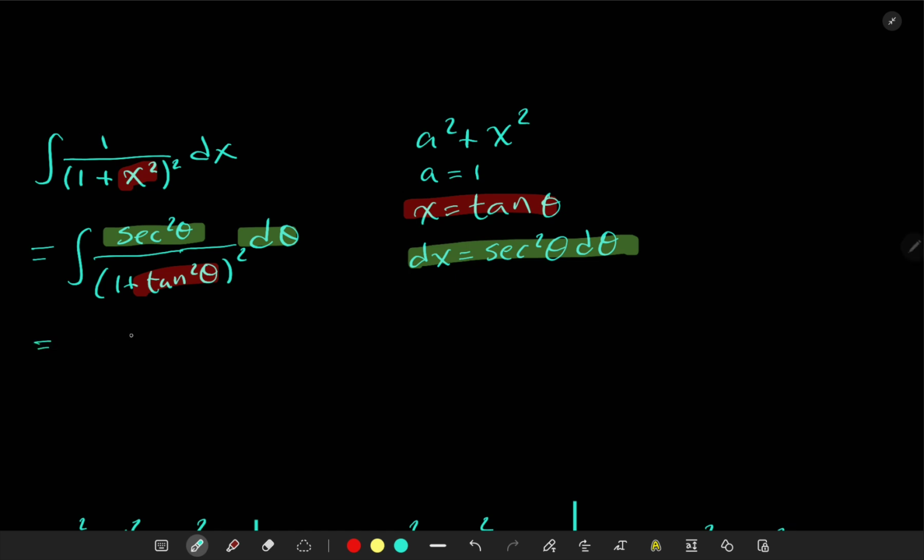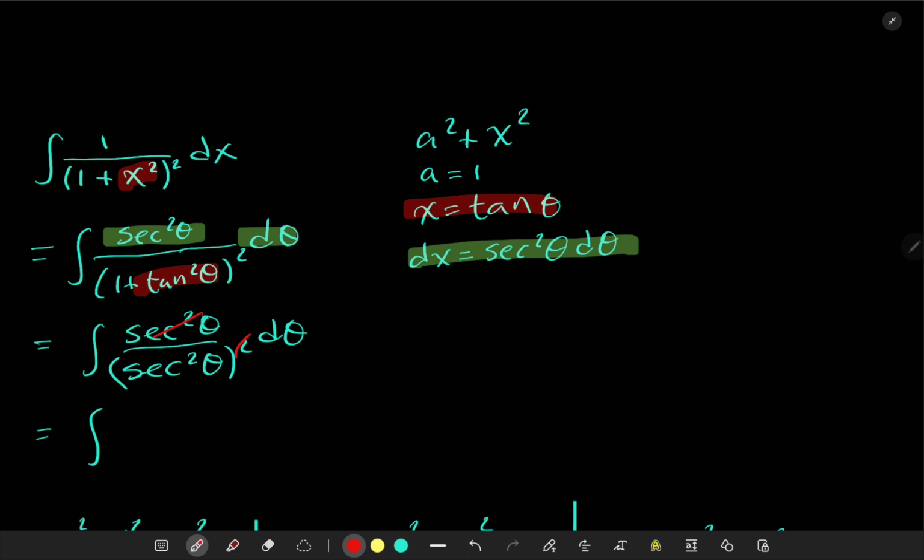Of course, the only thing you'd have to remember is that 1 plus tangent squared is secant squared, and then this would just become secant squared over secant to the 4th by substituting in. Let's do squared, just because. And that would give us the integral of, one of the squares cancels, and you get 1 over the secant